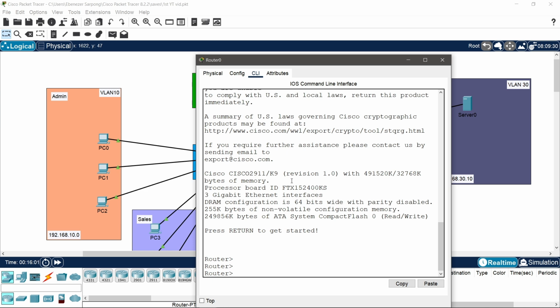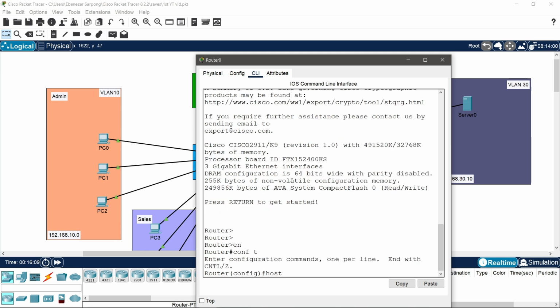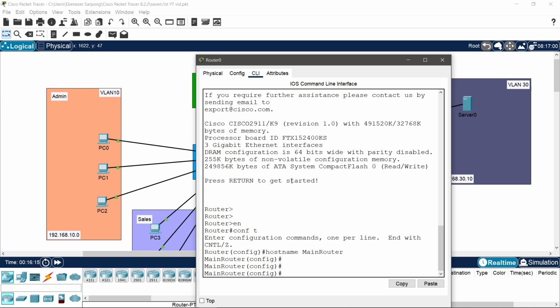Should I rename it? Yep, that's my style. Okay, so with that renamed, we'll start with the